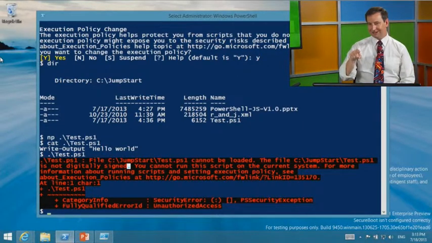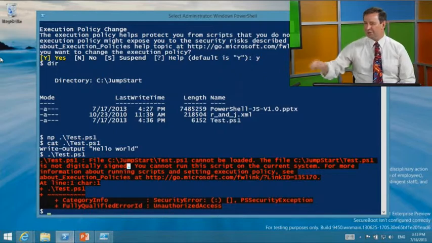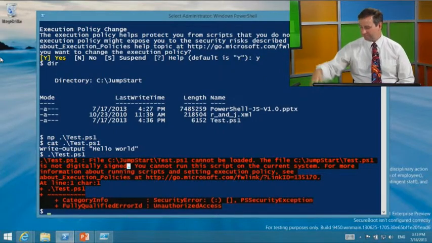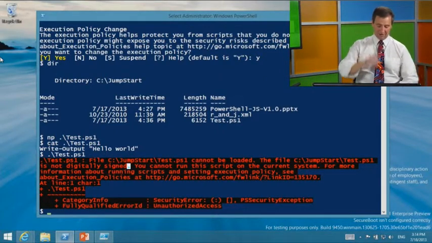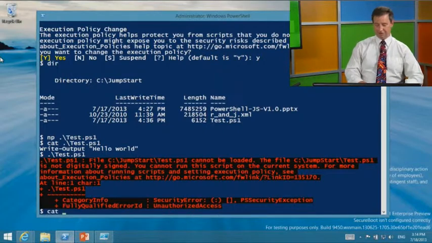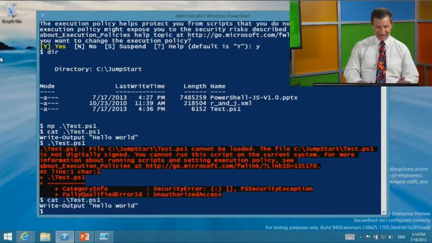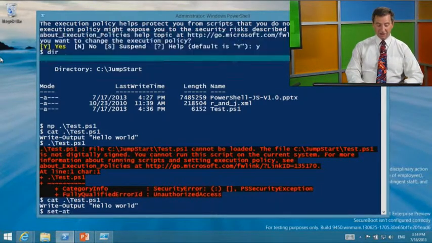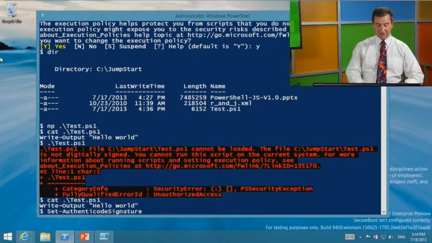When you're digitally signing something, you're taking your badge out and putting it on the table, saying, anything wrong, take my badge. So be careful. You probably want to take a look at the script you're going to sign. I take a look at that and say, I'm good. So you want to set the authenticode signature, giving my cert, my $cert, and